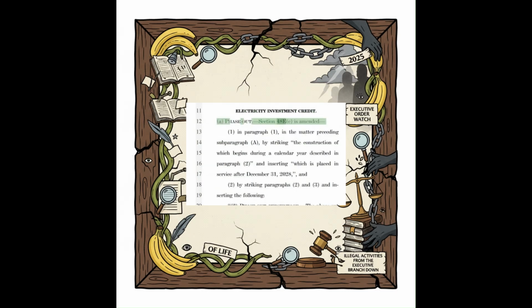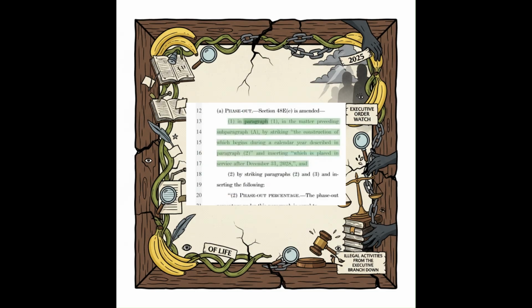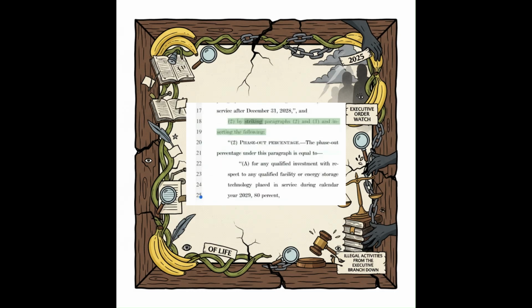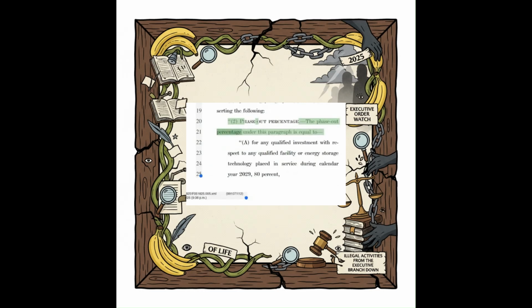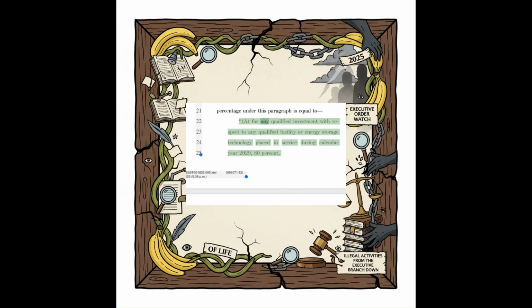Section 48E is amended. In paragraph, in the matter preceding subparagraph, by striking the construction of which begins during a calendar year described in paragraph and inserting which is placed in service after December 31st, 2028, by striking paragraphs and inserting the following. The phase-out percentage under this paragraph is equal to, for any qualified investment with respect to any qualified facility or energy storage technology placed in service during calendar year 2029, 80%,